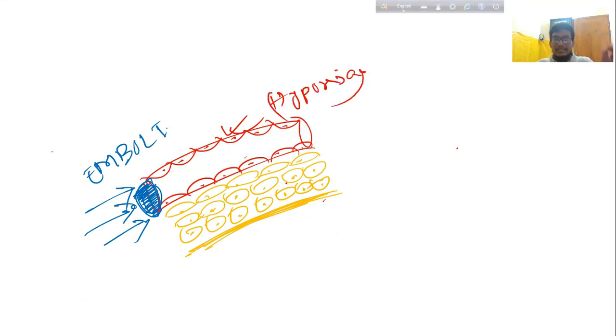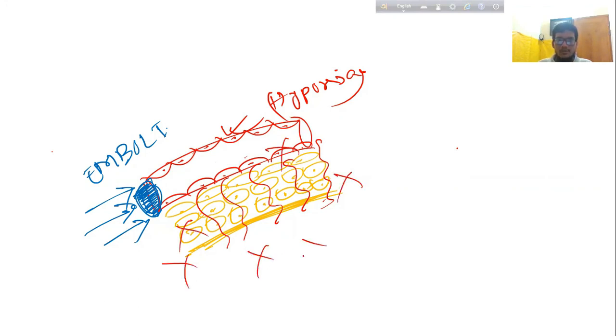So what happens? This hypoxic condition will lead to decreased strength of the vessel wall. Blood vessel wall strength will be lost, that means the blood vessels will be less strong. So the blood vessels tend to rupture easily. So the blood vessels will rupture. And what will happen if the blood vessel is ruptured? The RBCs between here,